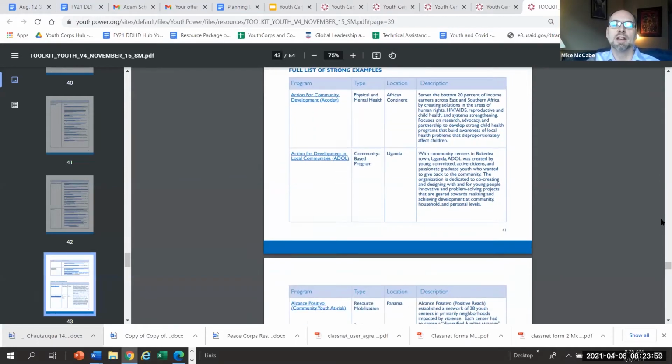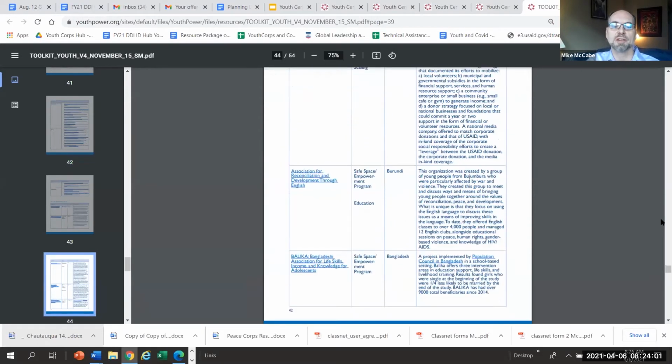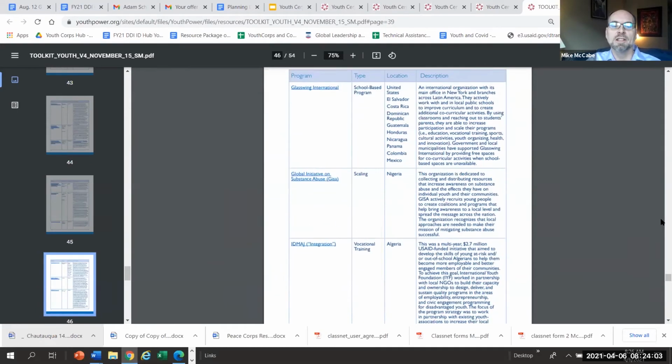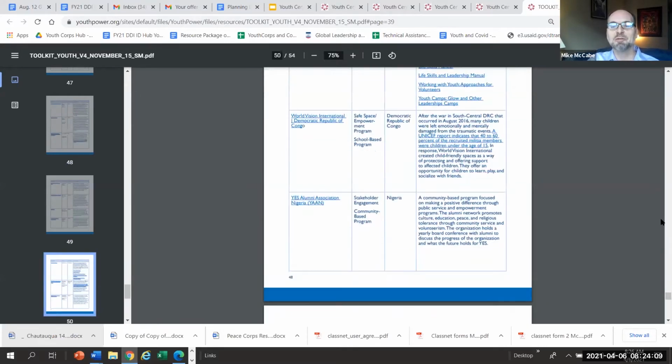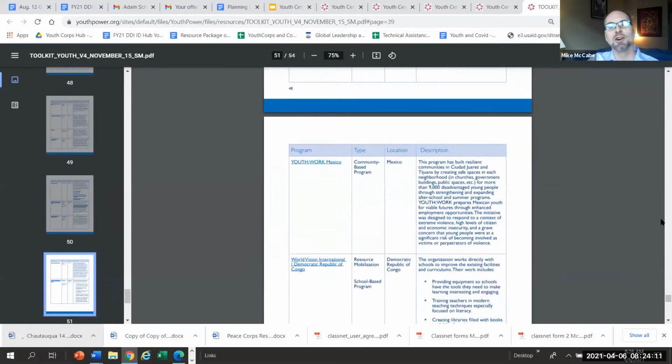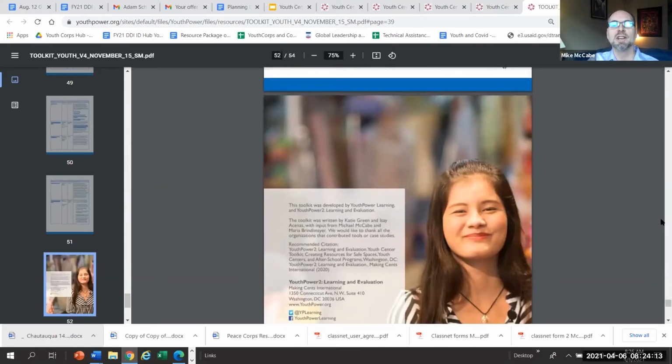And you can hyperlink and take a look at some of those youth centers along the way. So this gives you just a general sense of what's in this toolkit. It has been a labor of love between lots of organizations that care about making sure that every young person has a safe space. I'm gonna stop sharing right now.